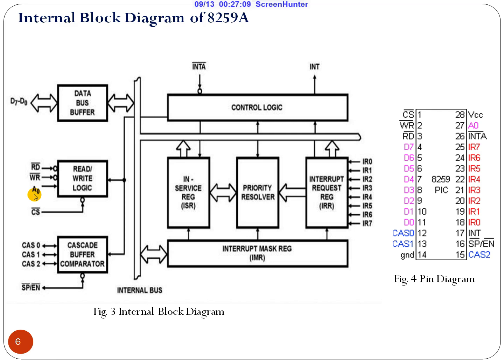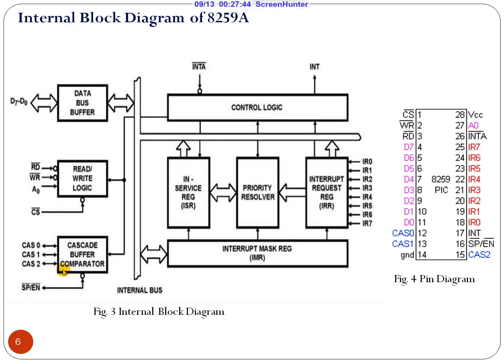A0 is going to be the address pin for any of the peripheral control registers. Whether that particular control register needs to be set or reset can be programmed by this particular bit A0. Chip select is going to be used for selecting the 8259 in multi 8259 interrupt kind of architectures or systems.